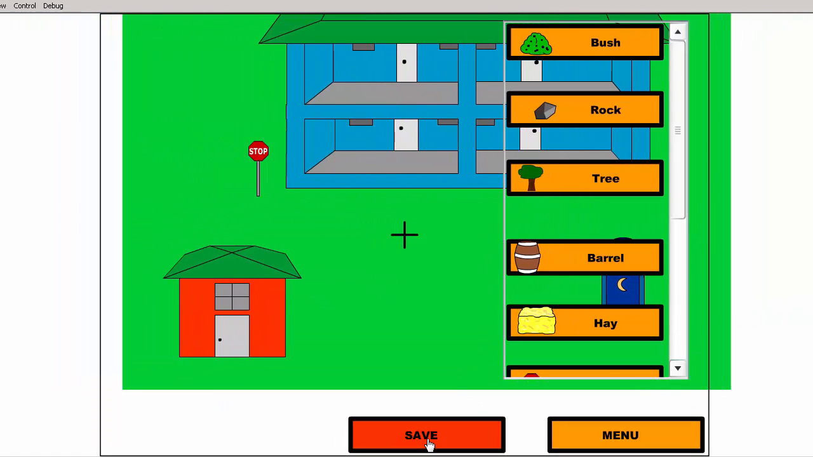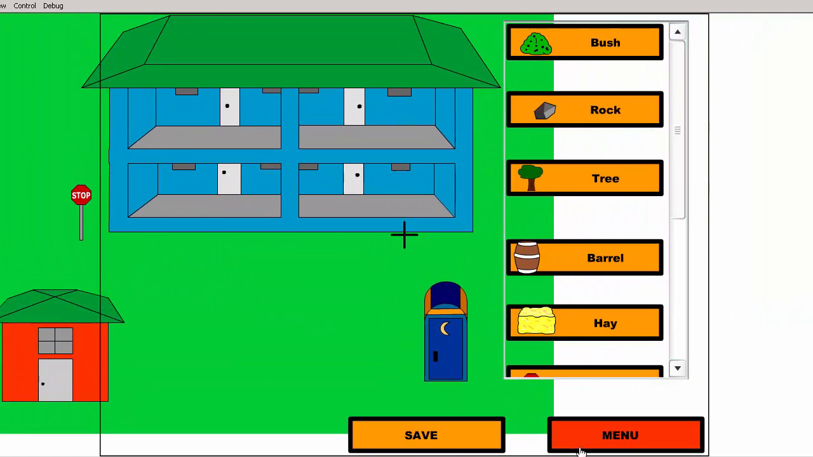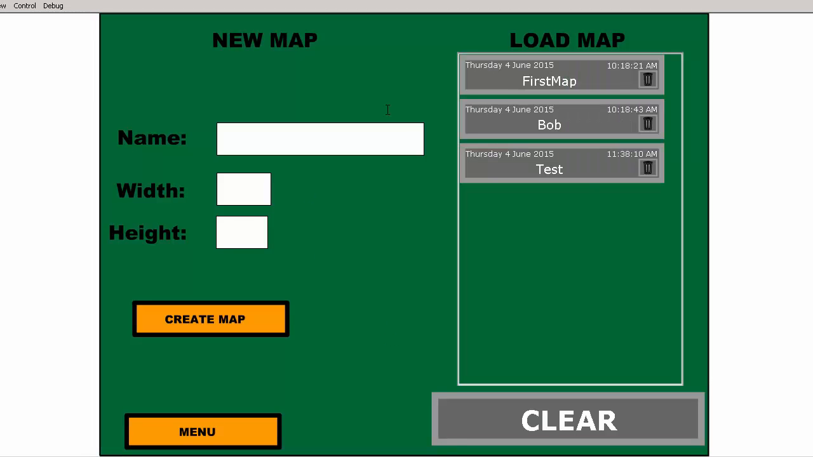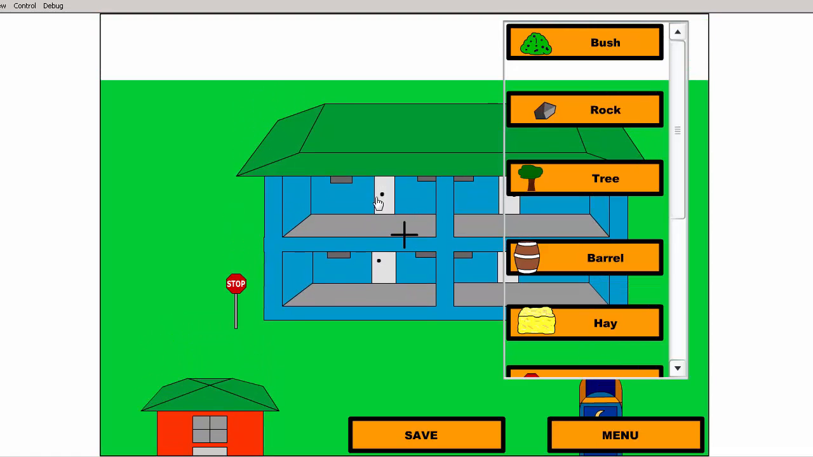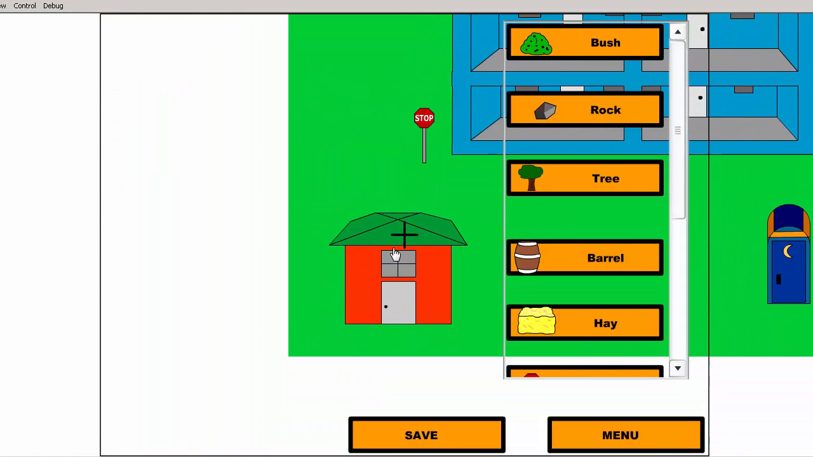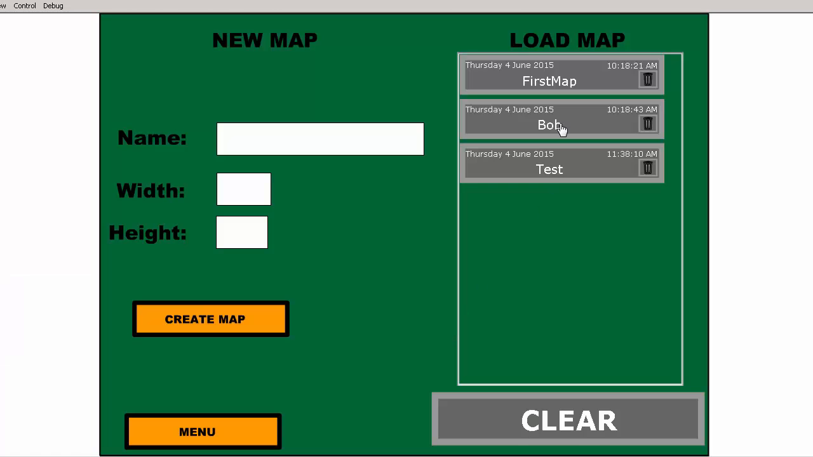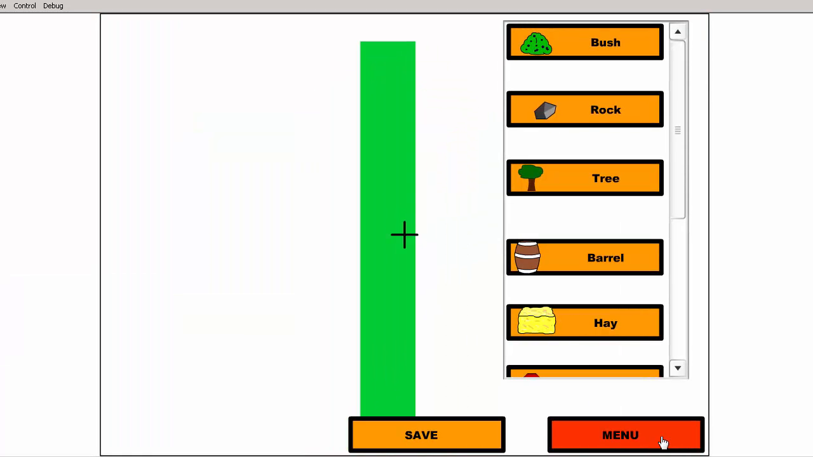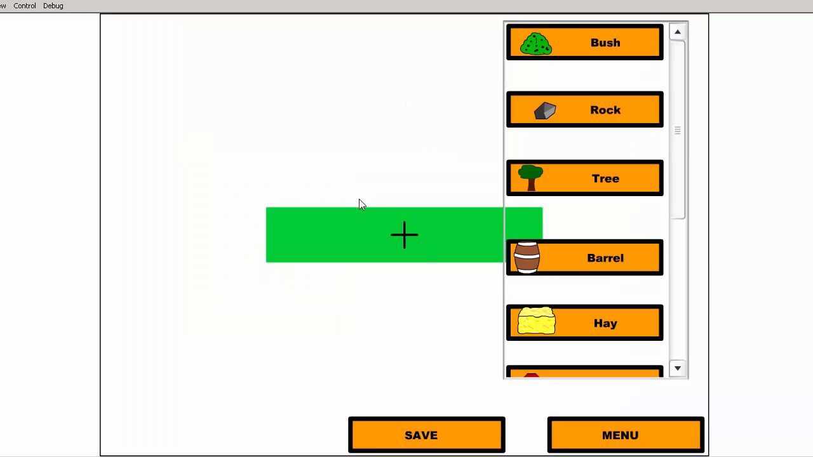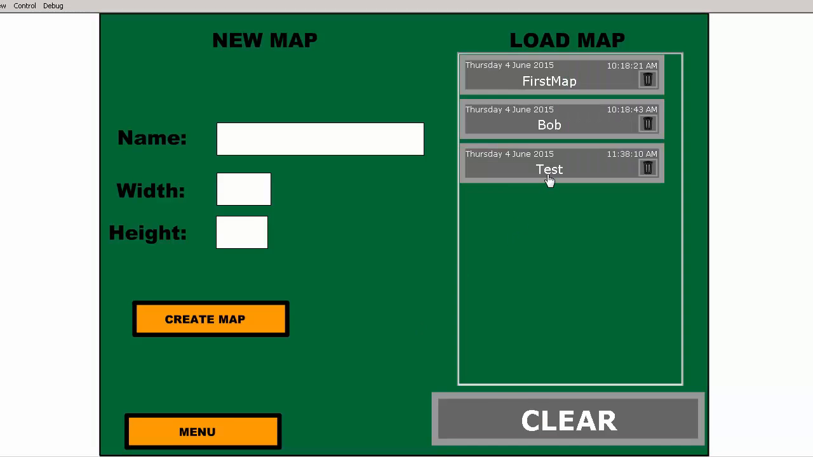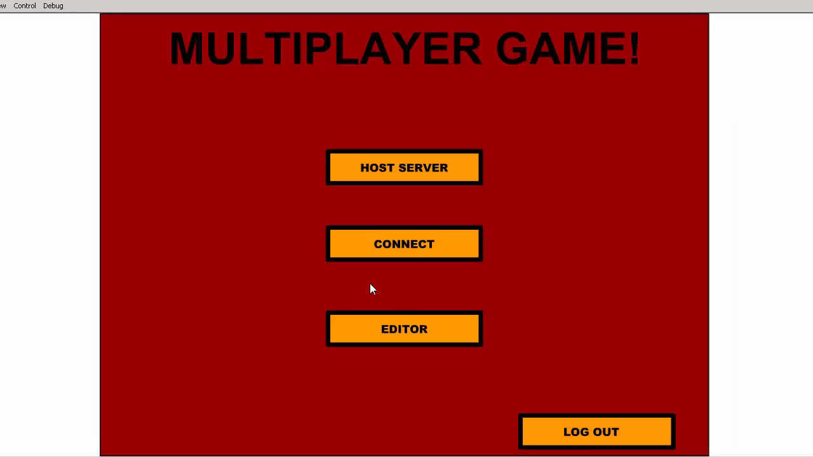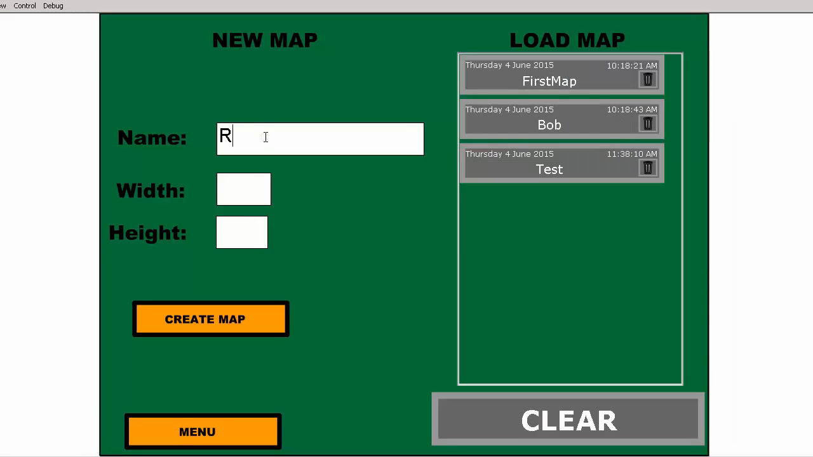So let's save this. Let's go back to menu, editor. So we have it here, and if we play, it loads it up. Our house, stop sign, booth, and lectern. So if we go back in Bob, this is how Bob looks. This is how the first map looks, and this is how our test looks. So we can make other things,